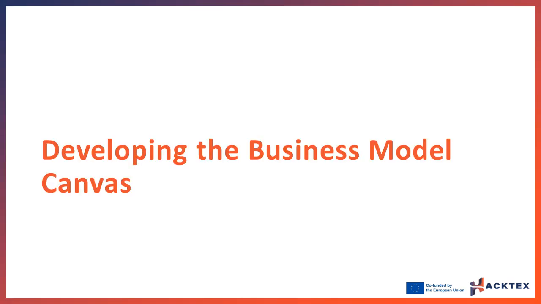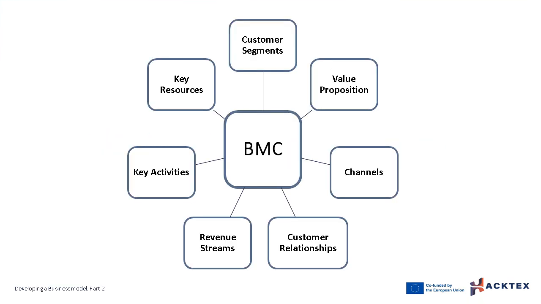1. Developing the business model canvas. The business model canvas is a strategic tool that helps to visualize and develop a comprehensive business model. It consists of 9 key elements that are crucial for any business, including for smart textiles. The 9 elements of the business model canvas are: customer segments, the specific groups of customers that the business is